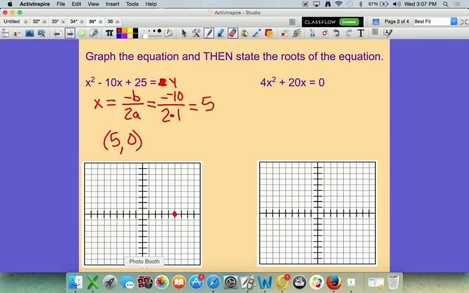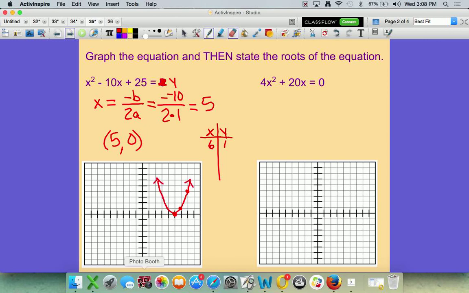From there, we just have to graph it out. Now remember, you can do an XY chart if you need to. Alright, so you plug in 6 and we get 36 minus 60 is negative 24 plus 25 is 1. Okay, so we're going over 1, up 1, and remember because our a value is 1, our pattern holds: over 1, up 1, over 2, up 4, back 1, up 1, back 2, up 4, and there is